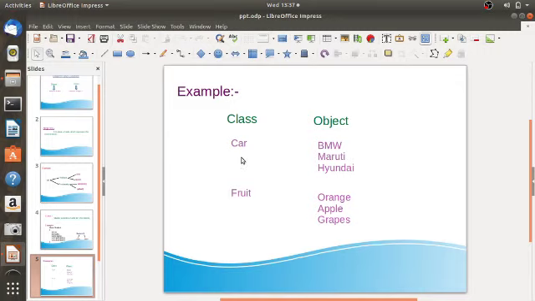It means all the car companies use the variables and methods present in the blueprint of the car and make the BMW, Maruti and Hyundai. In other words, without the class, the object doesn't exist. Without the blueprint of the car, you can't implement the BMW, Maruti or Hyundai.